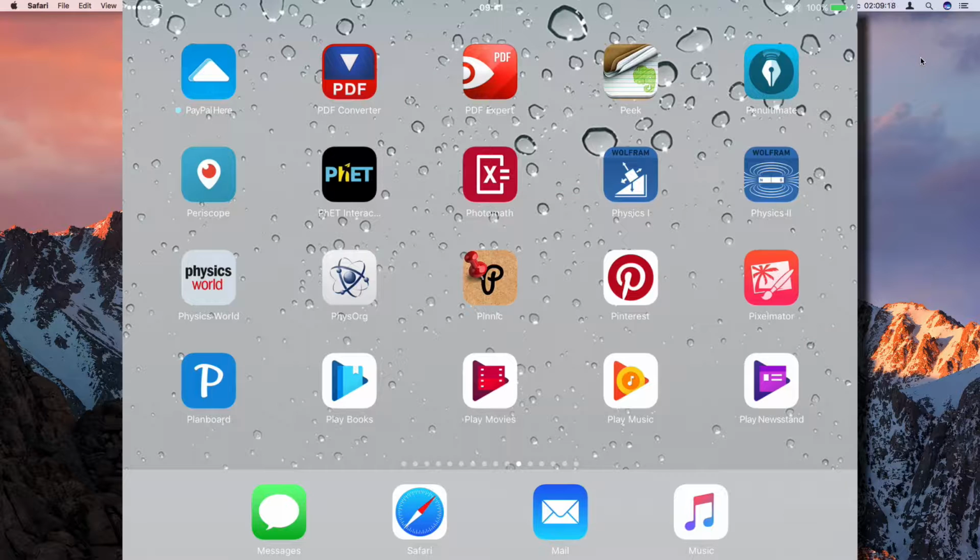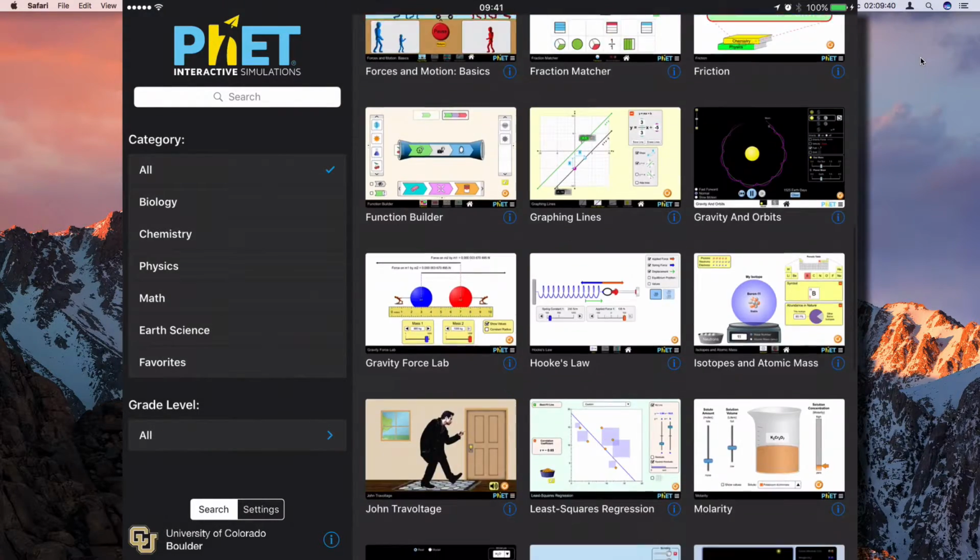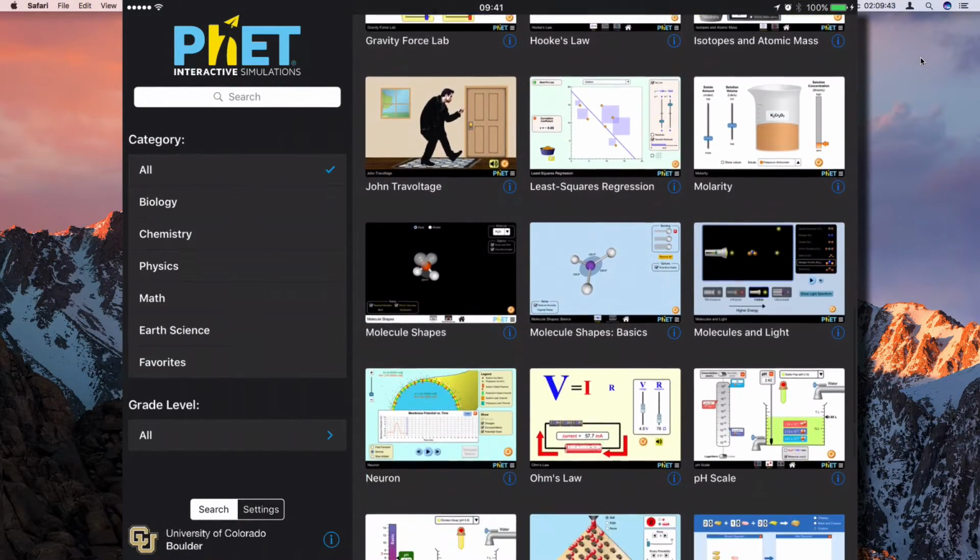How can you explain some of the very difficult concepts in physics, mathematics, chemistry, or biology? Well, there's an application called PhET interactive simulations. It's an application that I use quite often to explain